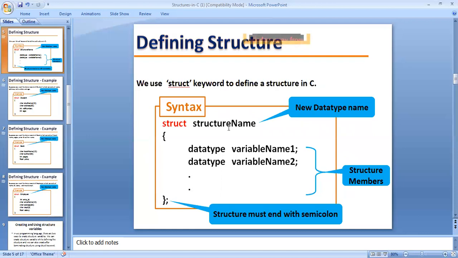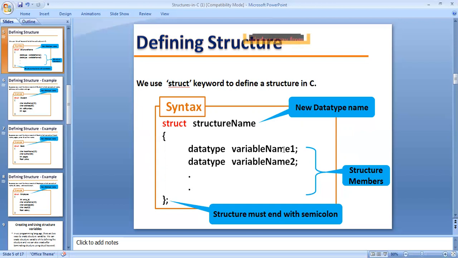We do not use another structure's name. A structure's name is a new data type name. New data type means you use a data type of your own, then data type with variable name 1 and a semicolon, then data type with variable name, and n number of data type variables are defined in the structure. These variable declarations are also called structure members, enclosed with braces and a semicolon.